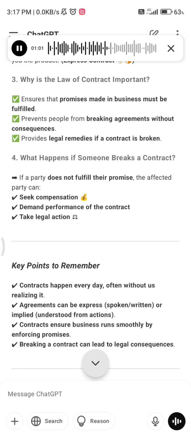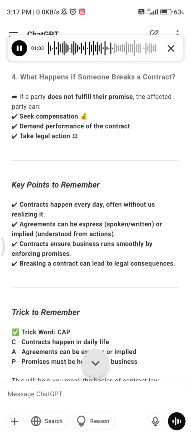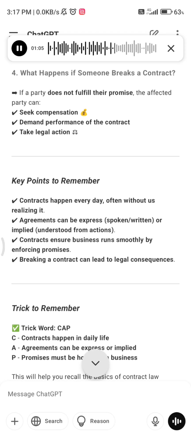What happens if someone breaks a contract? If a party does not fulfill their promise, the affected party can seek compensation, demand performance of the contract, take legal action. Key points to remember: contracts happen every day, often without us realizing it. Agreements can be express, spoken, written, or implied, understood from actions. Contracts ensure business runs smoothly by enforcing promises. Breaking a contract can lead to legal